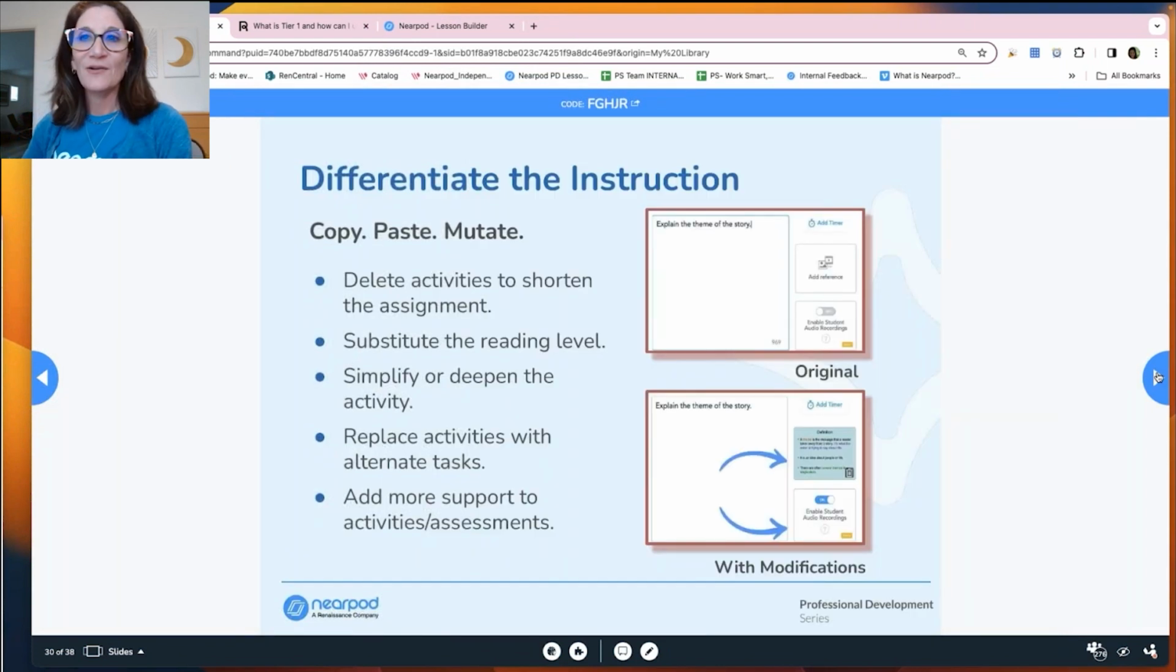So how do we make these differentiated experiences for our students then? Let's talk a little bit more about the how-to, the nuts and bolts of how you copy and paste and make different versions of things. So if you were going to differentiate for your students and you want to provide different versions of the same lesson, like I've got students that are ready for the long version, or I have students that need a simpler version, you can delete activities, you can make changes to